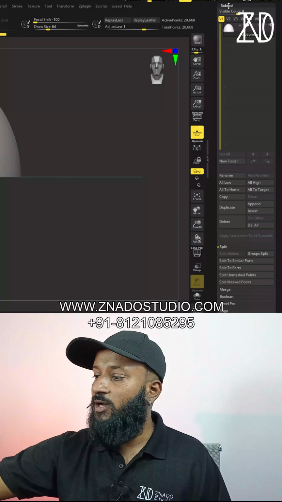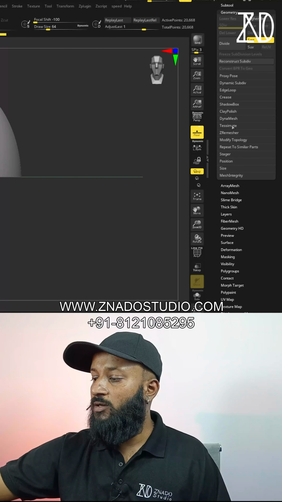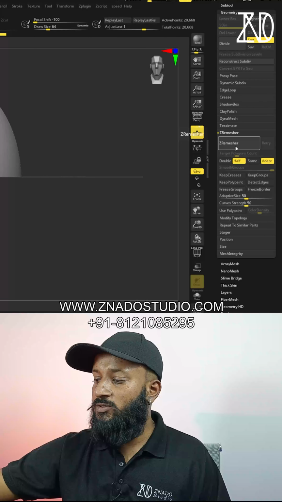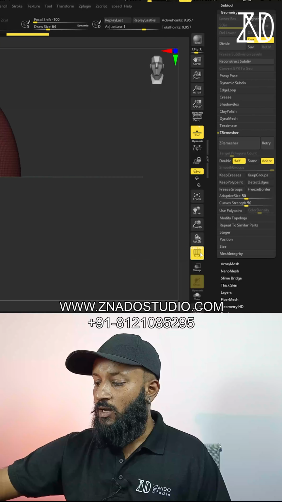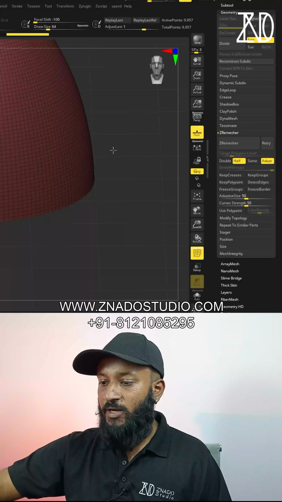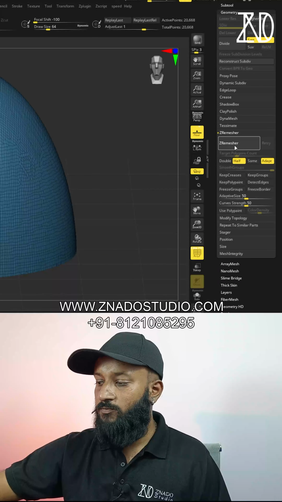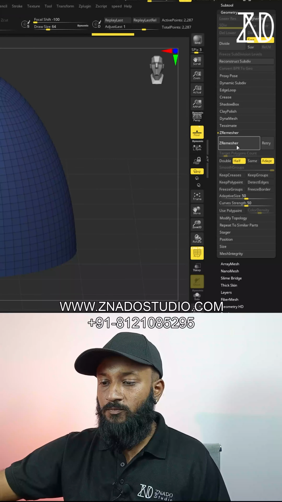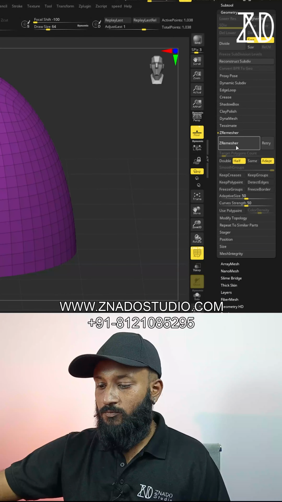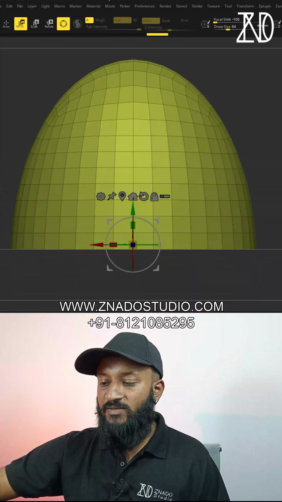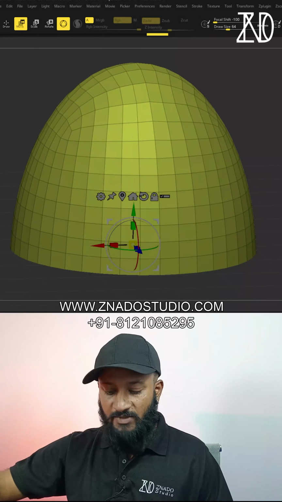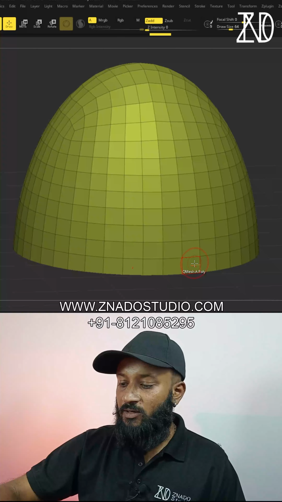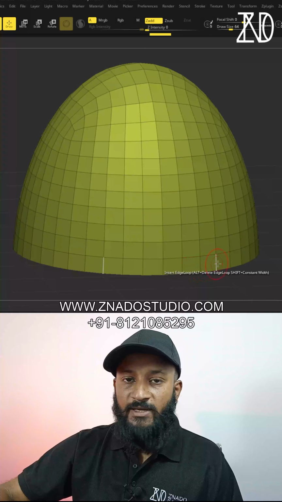Once I'm satisfied, I'll go to geometry and then ZRemesher and click on half. I'll click on ZRemesh. I'll open my polygon fill and then check. I'll click on ZRemesher a few times until I'm satisfied with my mesh. Once I'm satisfied, I'll click on D and then go to ZModeler and then I want to change polygroups